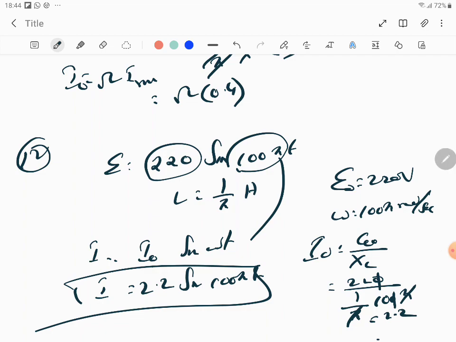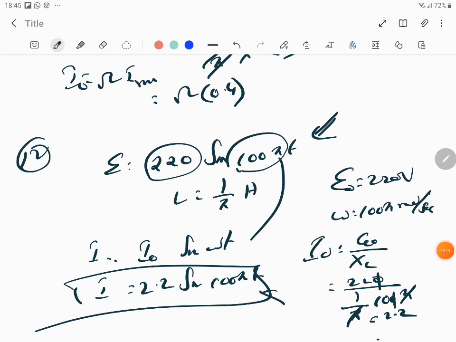But one thing we have to think about, no? We have written some value. Should we be writing that this is an inductor? In an inductor, should it be lagging behind? It starts with a letter I, so it will be lagging behind the EMF. So should I show that it is going to be lagging behind? Or what should be the answer that I should write?